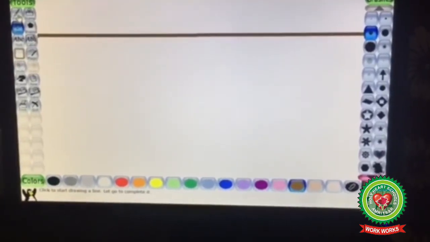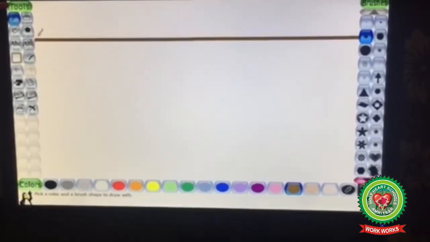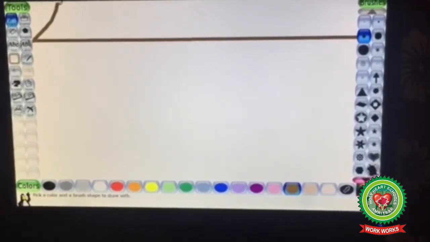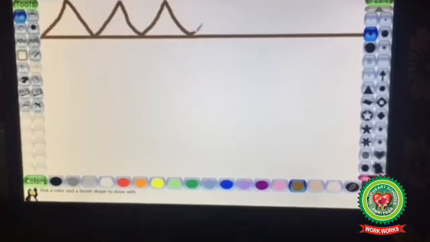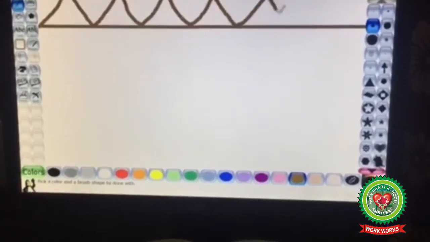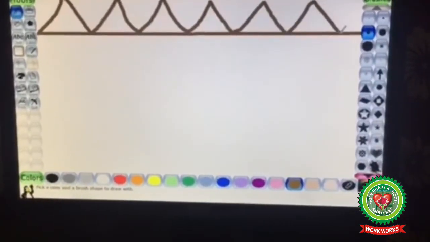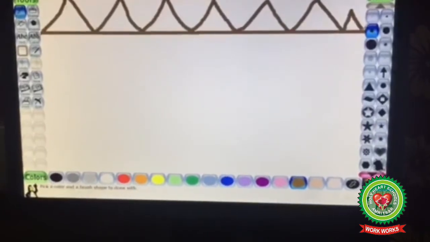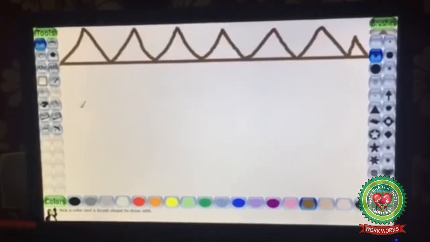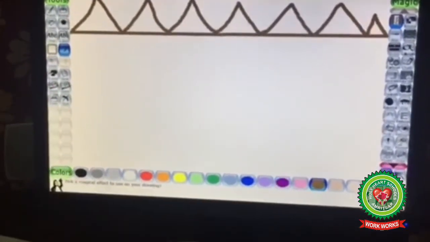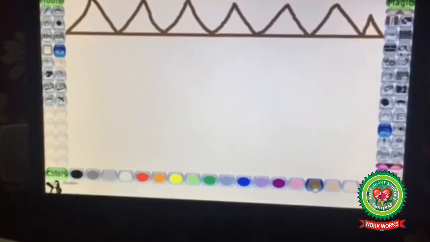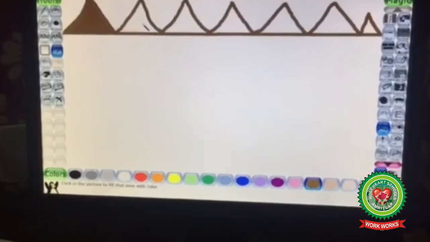Then using the paint tool under the tools box, I am going to make freehand mountains. Now as you have already done, to fill the colors, you have to go to the magic tool. Then you have to go to the fill option, choose the color and fill colors in the drawing.